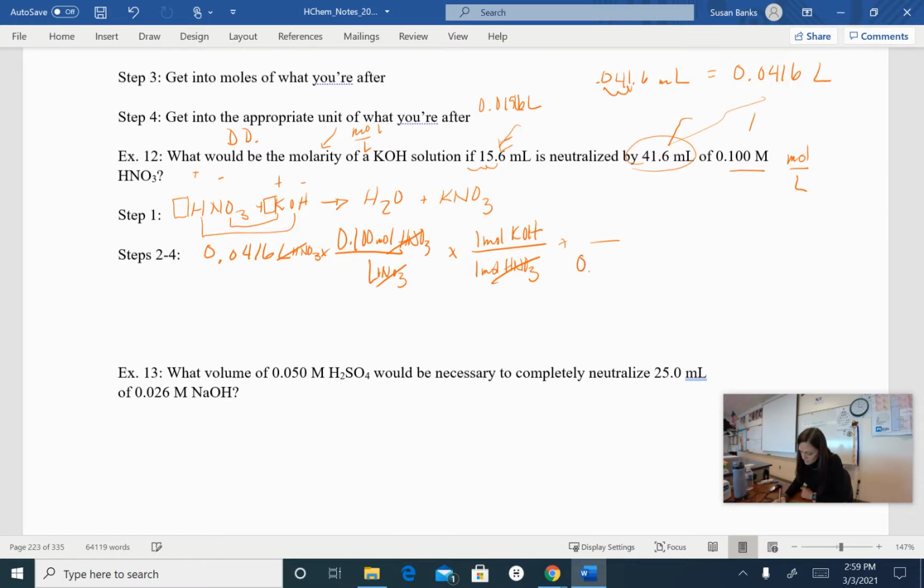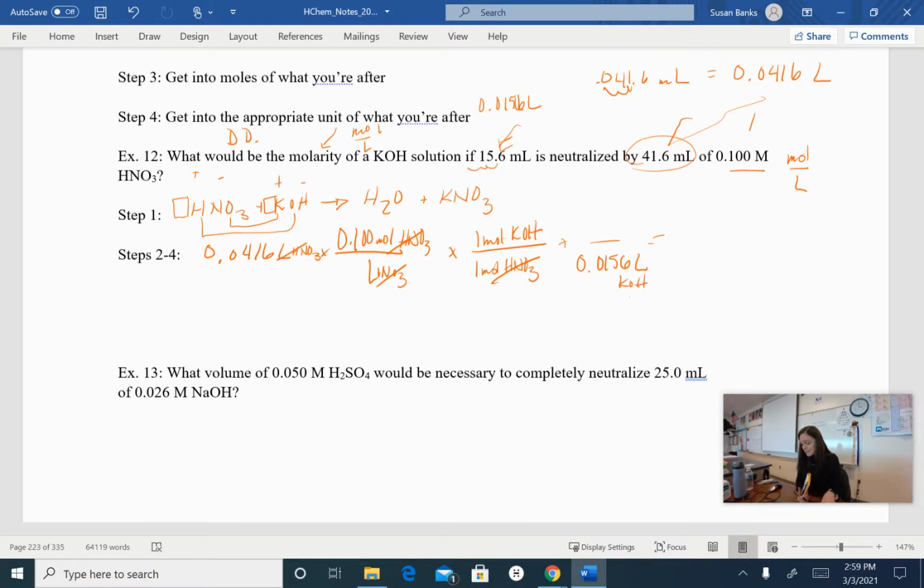So I have 0.0156 liters of my potassium hydroxide. I have moles over liters, which gives me the units that I want. So let's see, I've got 3 sig figs. So when I do the math here, I get